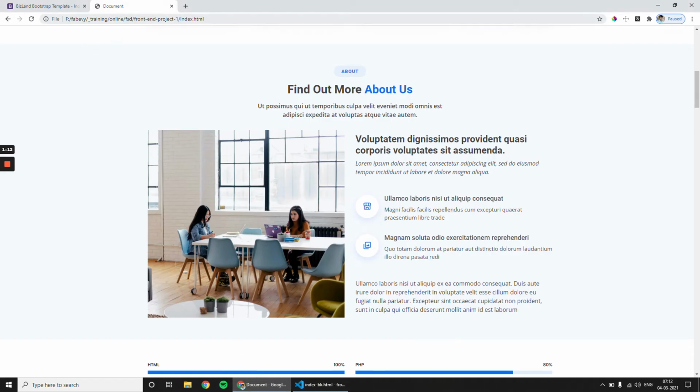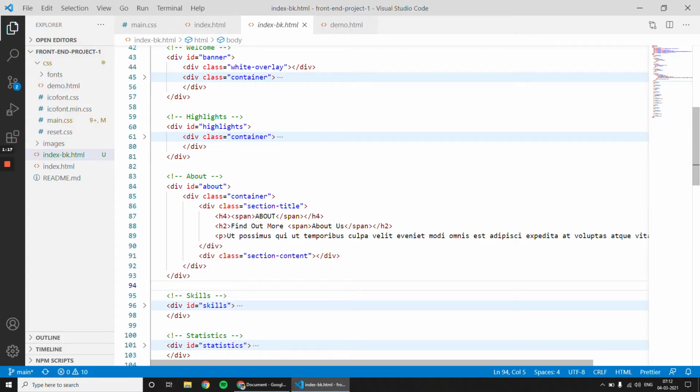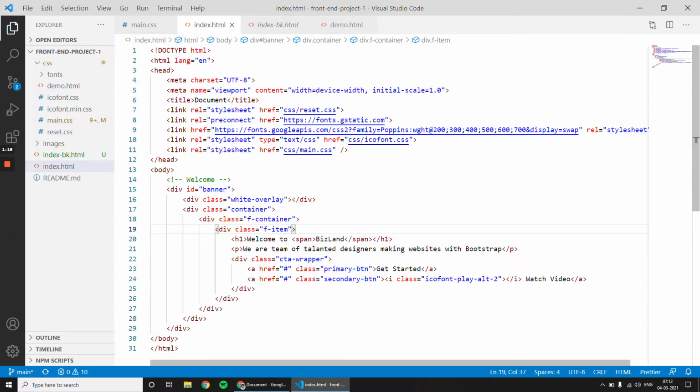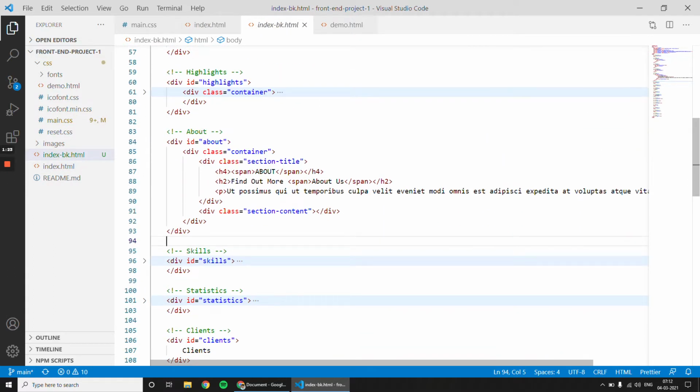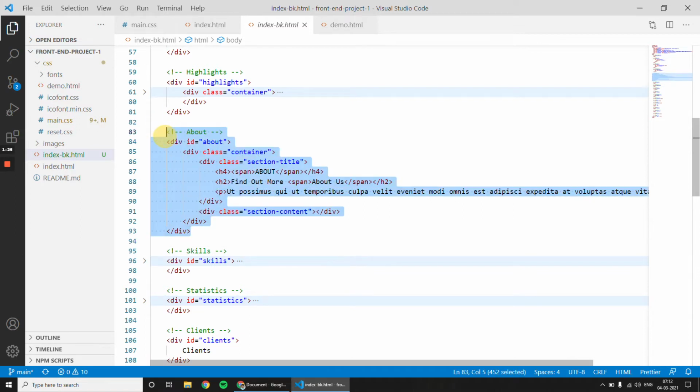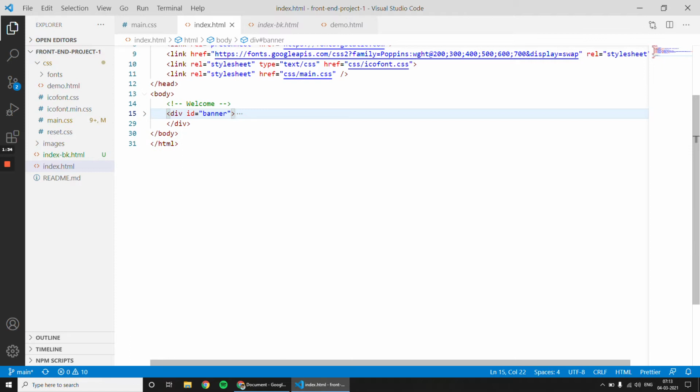I have opened our project, and one thing I have done is from our backup I have taken the about section and brought it here.